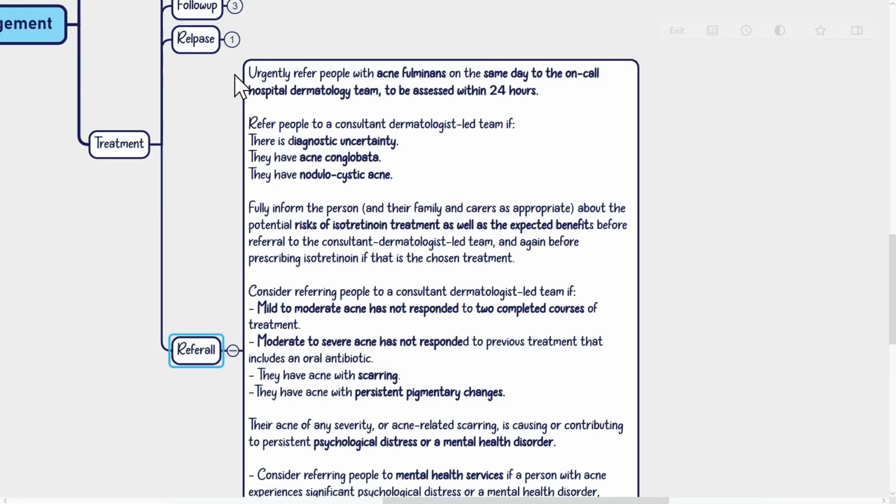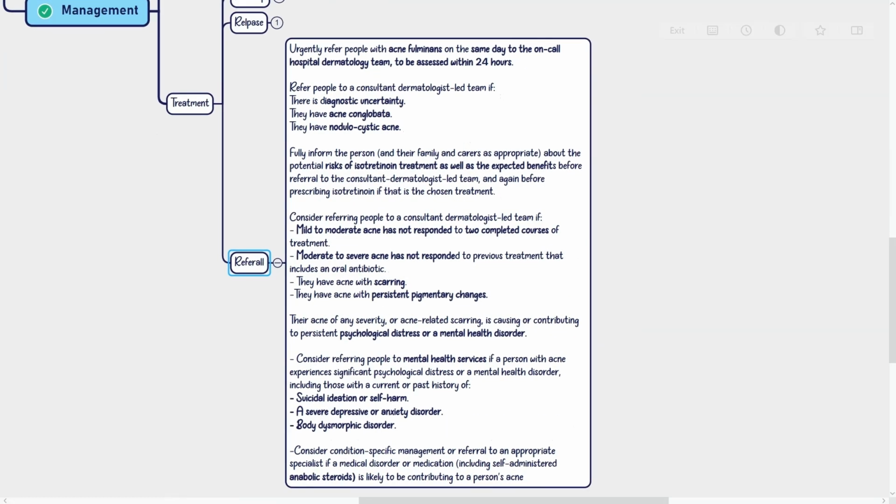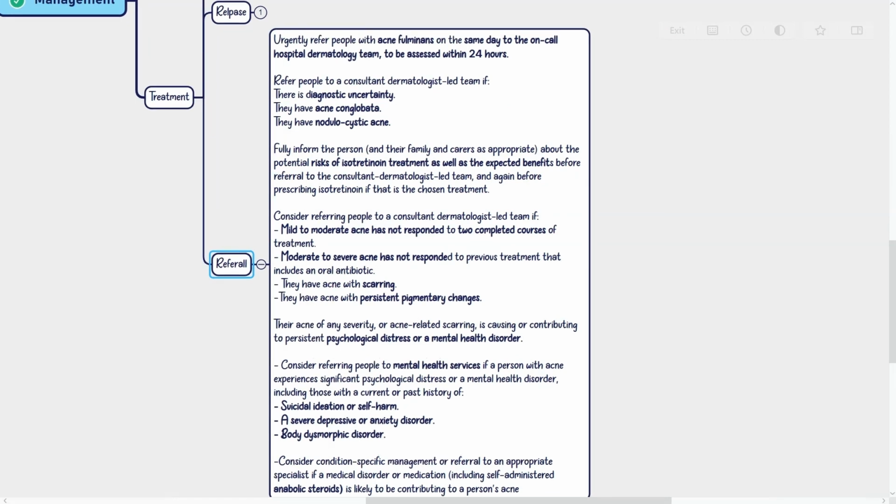Referral. Urgently refer people with acne fulminans on the same day to the on-call hospital dermatology team to be assessed within 24 hours. Refer people to a consultant dermatologist-led team if there is diagnostic uncertainty, they have acne conglobata, or they have nodulocystic acne. Fully inform the person and their family and carers as appropriate about the potential risks of isotretinoin treatment as well as the expected benefits before referral to the consultant dermatologist-led team, and again before prescribing isotretinoin if that is the